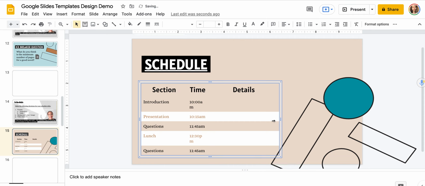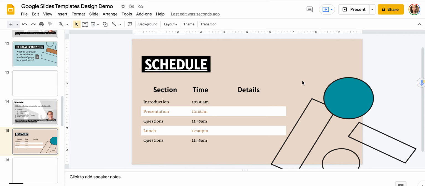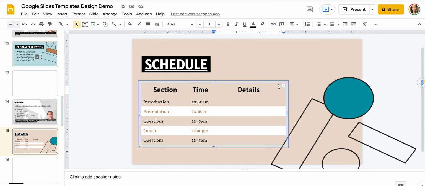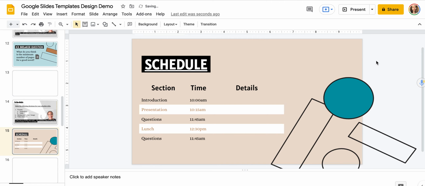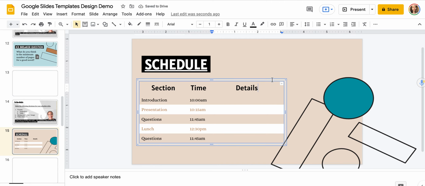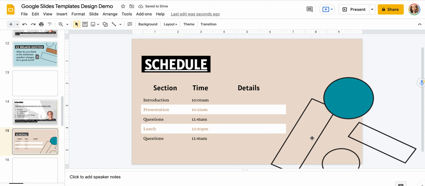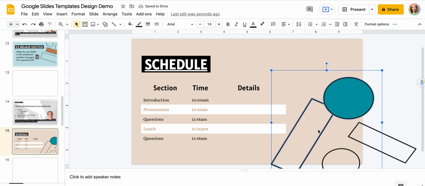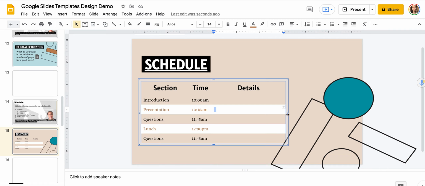Why is it so thick? Like, honestly, because now I feel like I can't move it. Okay, so